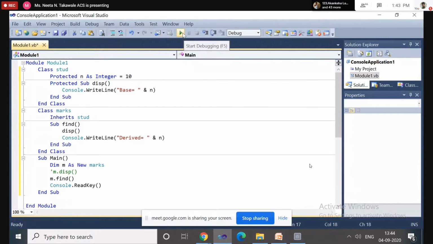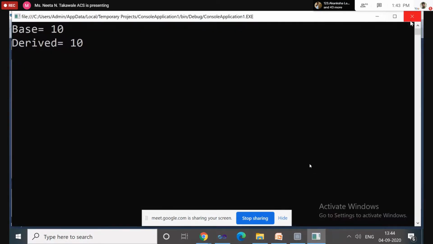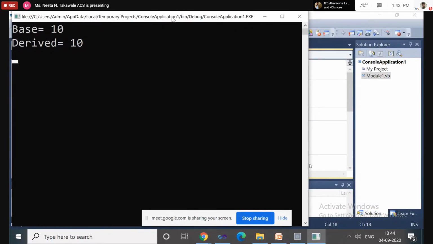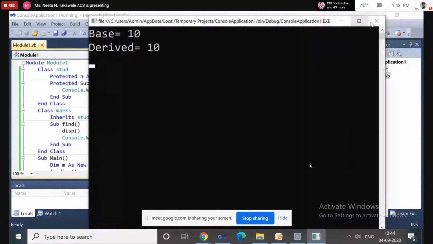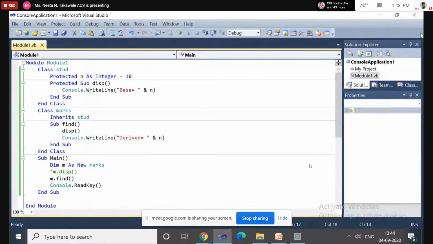Now let's see whether it generates the output. Yes. Public means any class can access the members of the class. Private means it is accessible within the class only; outside the class, private members are not accessible.